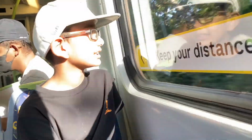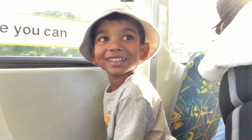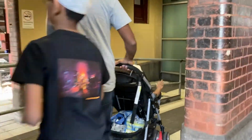There it is, and this is the inside of the train. It took us 10 minutes to travel to Melbourne. After a long time, we finally arrived at the station and went to the light show,